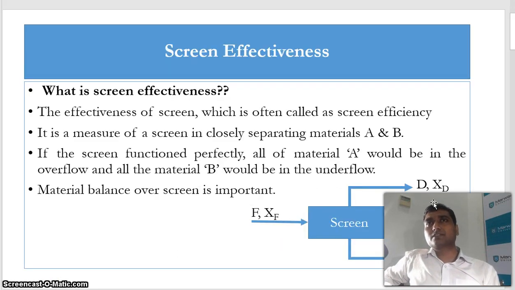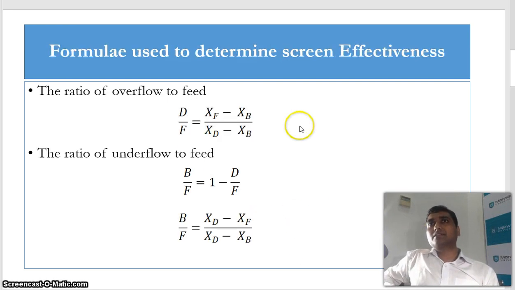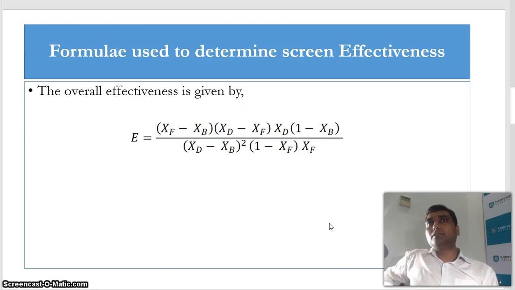This is the general discussion about the screen effectiveness, and the term which needs to be emphasized here is the material balance, right? So total F is equal to D plus B. Next we discuss the various formulae which will be used to find out the overall effectiveness, right? These are the three main equations used to find out the overall screen